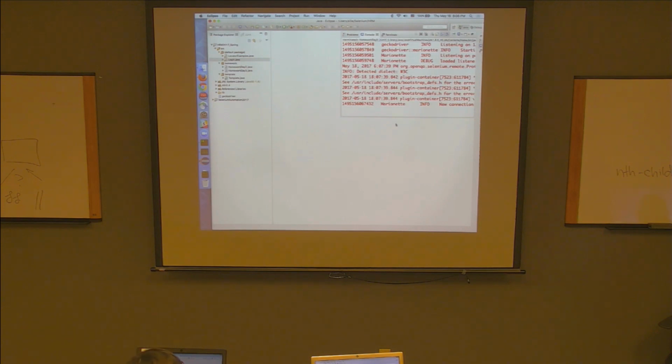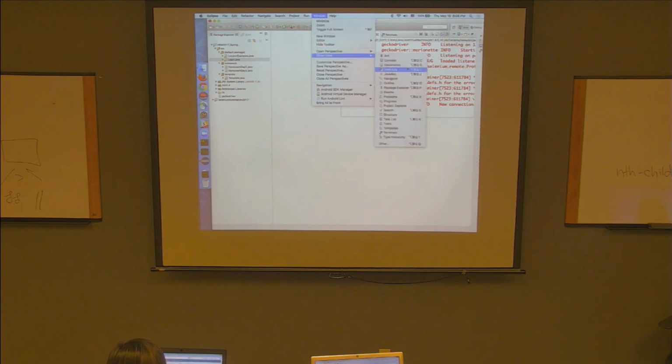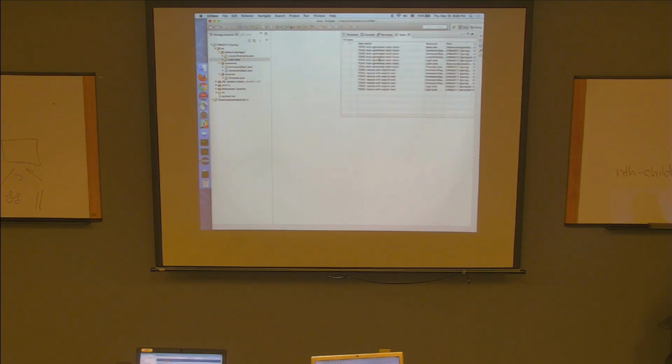Well, we actually have a special view for that. Oops, sorry, wrong one. Where is it? I think I accidentally closed it. Give me a second. Window, show view, tasks. There we go. All right, so I closed it, but if yours is also closed, you're gonna go to Window, show view, tasks, and all the to-dos